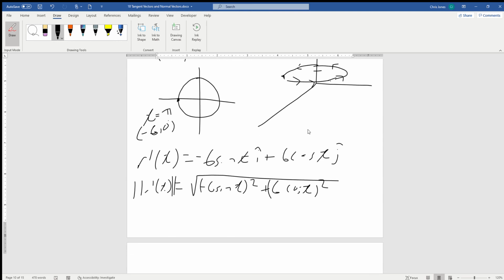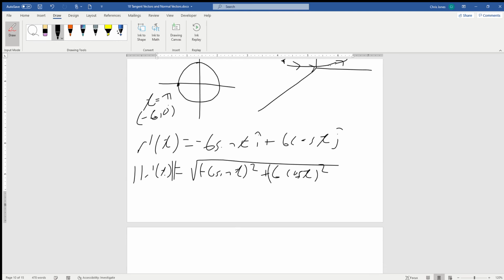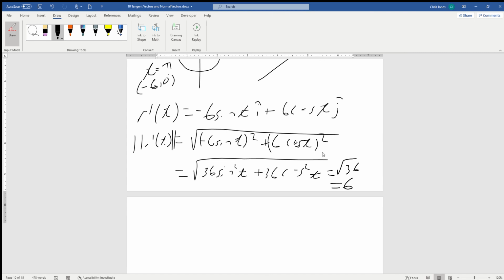And you can see where this is going really easily by the Pythagorean identity. This is going to be equal to the square root of 36 sine squared t plus 36 cos squared t, which is equal to root 36, which is equal to 6. All right, and that makes it really nice because now we can find T of t,